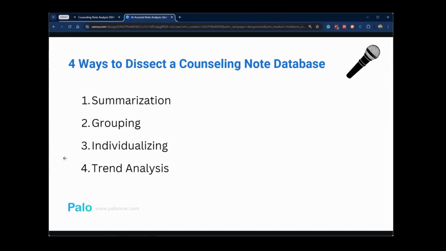First is summarization. You can basically ask them what happened in May. And if you have the note template, that means that you all have a date on top of it. They will be able to summarize what happened in May. You can ask what happened last year in May, and they'll be able to summarize everything from last year. Grouping. You can ask, how